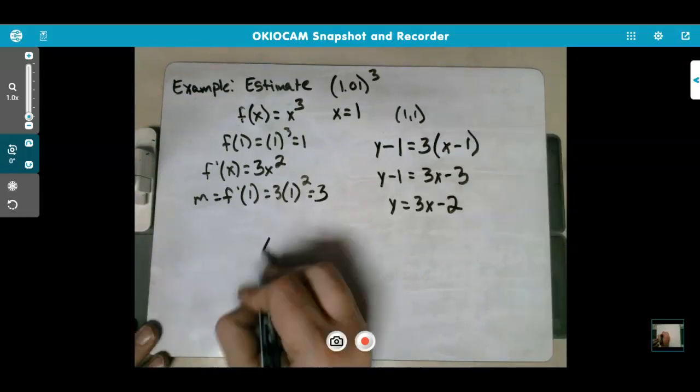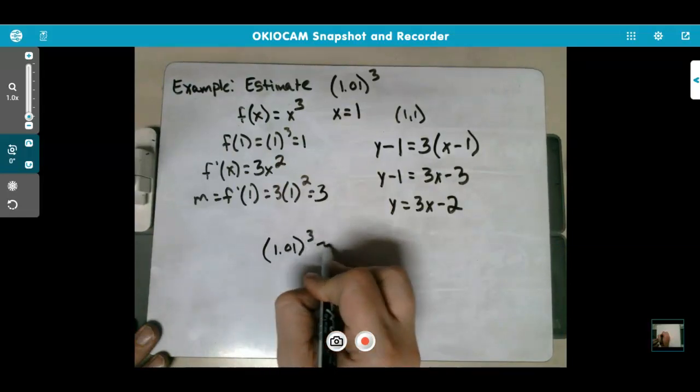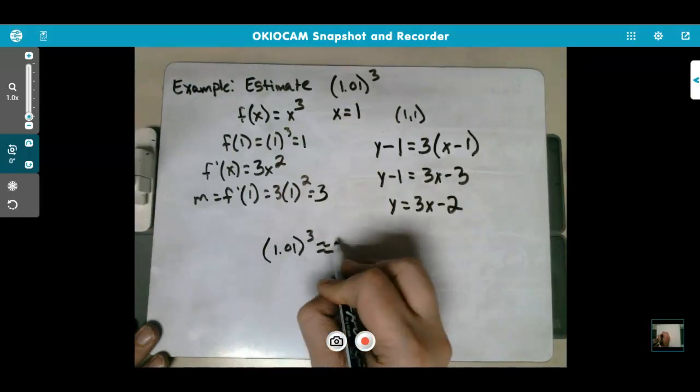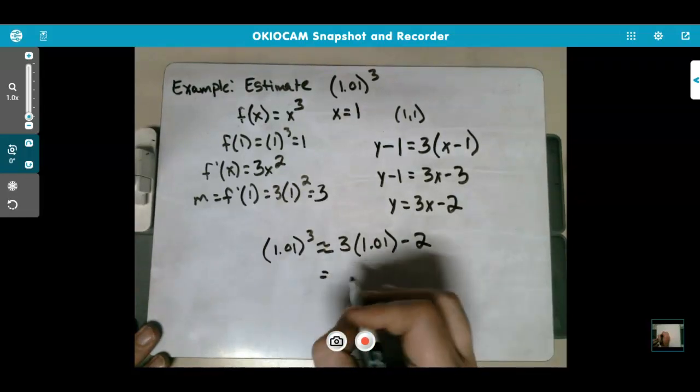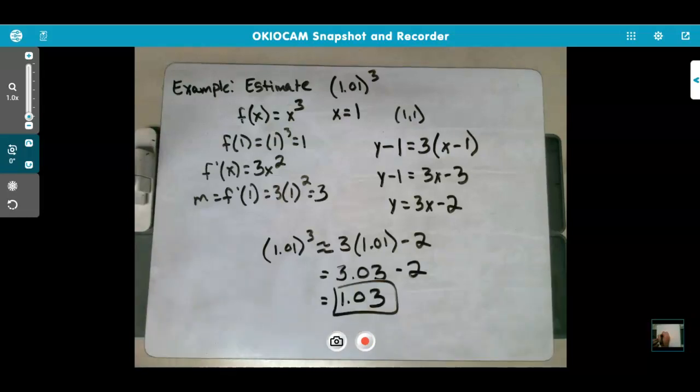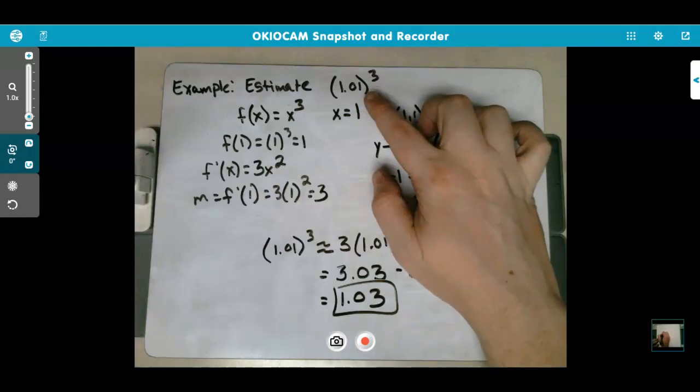And so now I know that 1.01 cubed is about 3 times 1.01 minus 2. 3 times 1.01 is 3.03. And then when I subtract 2 from that, you get 1.03. So it's about 1.03. So whenever you hear linear approximation, what it really means is I want you to find the equation of the tangent line. And then if I want to approximate this, just plug in